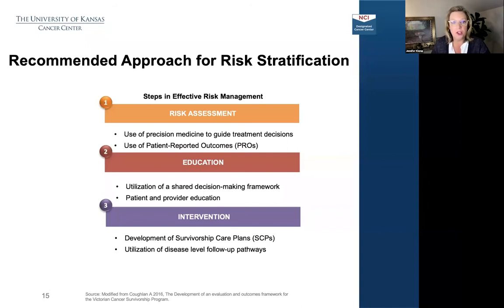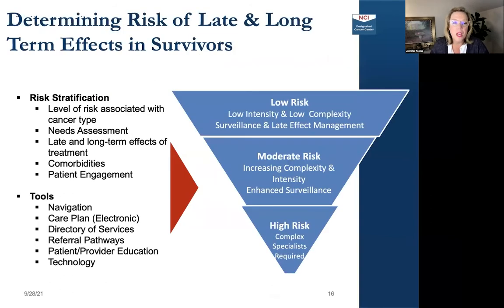What are those interventions? Do you want to continue using a survivorship care plan? Do you want to use more of an order set or a to-do list? And how do you role delineate? Here's what we're doing. Here's what you need to do. Here's what your shared care partners in primary care or other specialties do. This is their responsibility. So how do we have these referral paths built, and how do we really build out that program? So taking this to that final step, by putting them into the low, moderate, and high risk buckets, we're able to define our risk stratification a little bit more. We're able to engage the patient and understand how the complex comorbid conditions affect that patient and their decision-making.